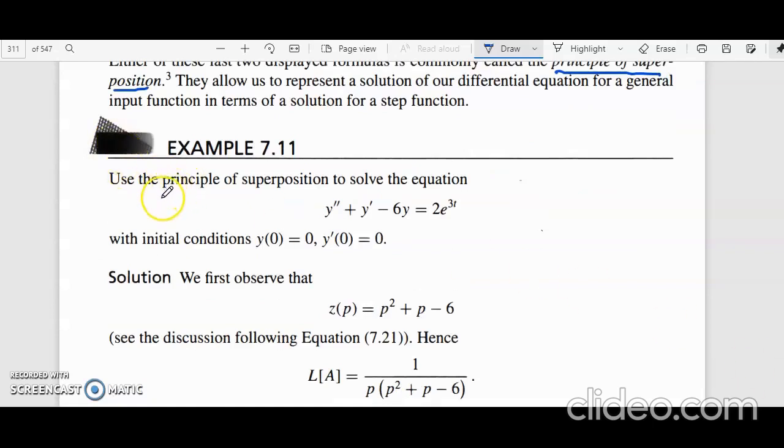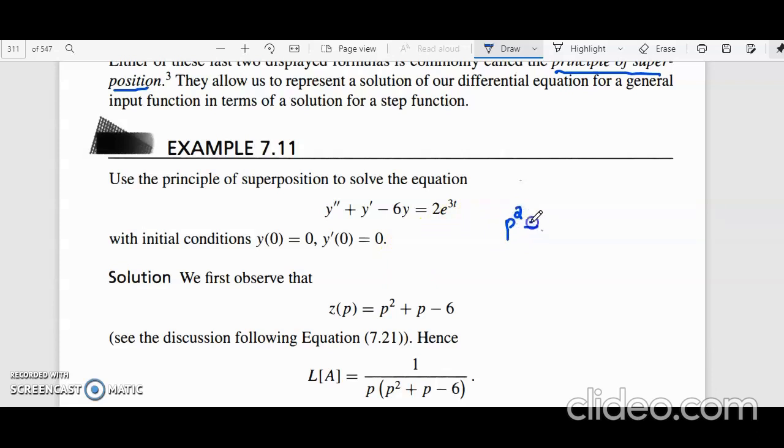So an example is: use the principle of superposition to solve the equation y double dash plus y dash minus 6y equal to 2 e raised to 3t. Now in the problem we take, the initial conditions will be y at 0 equal to 0 and y dash of 0 equal to 0. So here when you take the Laplace transform, we are going to get in the form